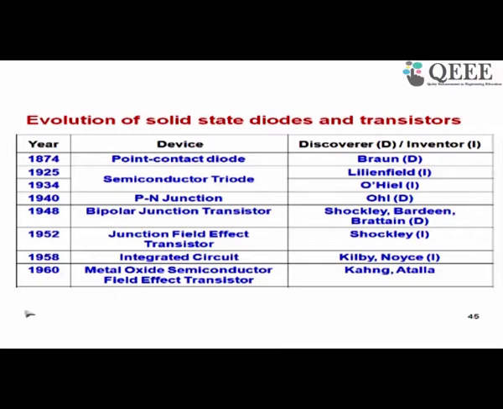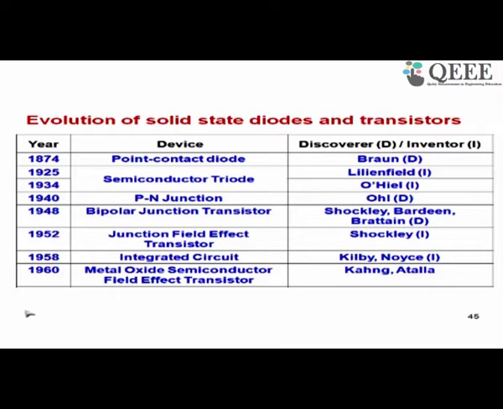Now after the invention of the integrated circuit, it was realized that this particular device, the field effect device, was more appropriate for integrated circuits, for putting many devices on the same semiconductor substrate. That is why it is called an integrated circuit. The bipolar transistor was good as an individual device, but if someone wanted to put many such transistors and diodes on the same substrate, they found that this device is more suitable for that. Therefore, people again diverted their attention to this device,